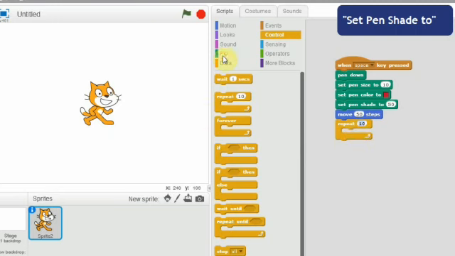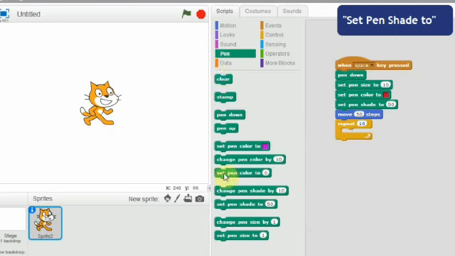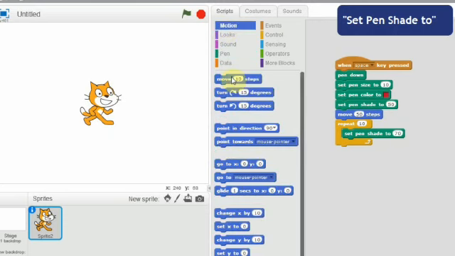Next, click the pen block. Click set pen shade to. Change the value to 70. Next, click the motion block. Click and drag the move block and change the value to 50. Students, now I am going to press the space bar key.